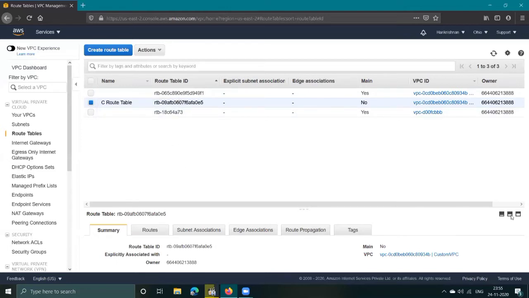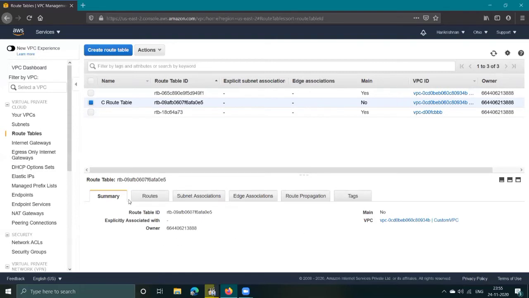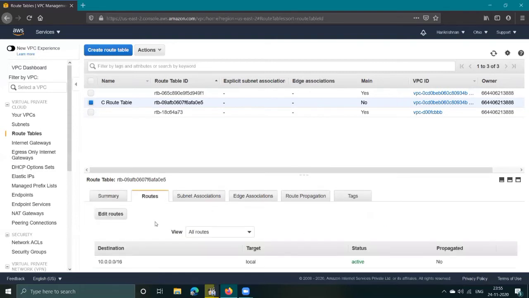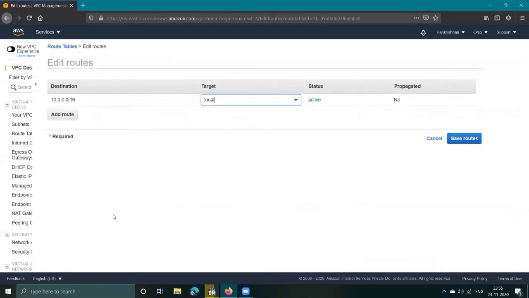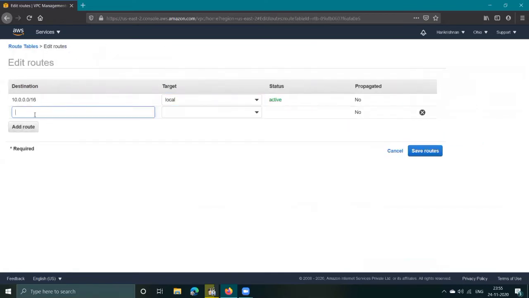Select it and name it accordingly, whatever you want. Go to the section below. You can see routes. Click on that. See, our target is local, the status is active, and the destination is 10.0.0.0/16.